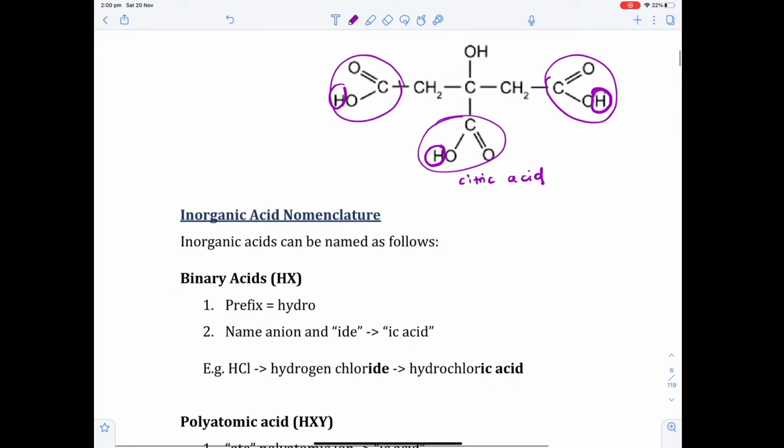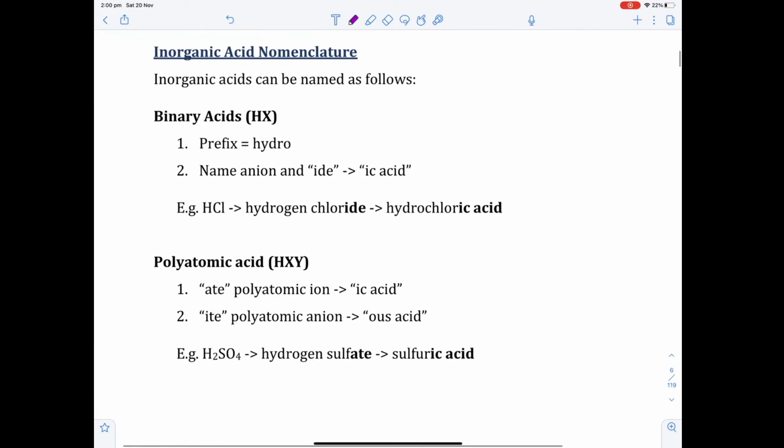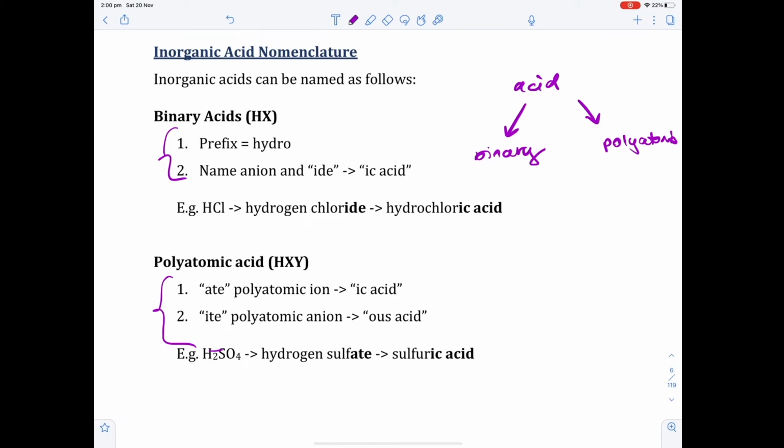Okay, very good. All right, let's talk about inorganic acids. Now, with inorganic acids, there are 2 categories. So when you think acid now, you need to think, is it a binary acid or is it a polyatomic acid? Now, I want you to remember this. All these rules eventually should go out of your head, in the sense that when you start naming acids enough, you don't have to go, what was rule number 1, what was rule number 2? It should be intuitive to you. To start off, we'll go through these rules. I don't even memorize those, because after you've seen acids enough, you just look at it and you know what it's called. Okay? But to help you all out, when you're naming a binary acid,